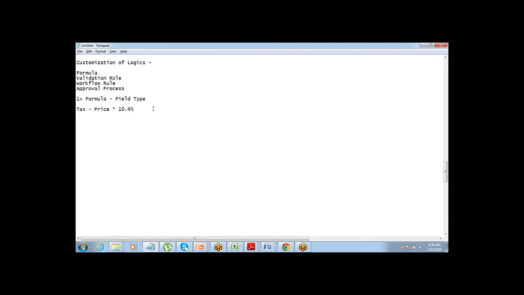Straightforward. Tax equals price, or whatever amount, into 10%. This was a straight formula. Now just imagine there's one small logic which comes in: if the amount is less than 50K, tax equals 10%,